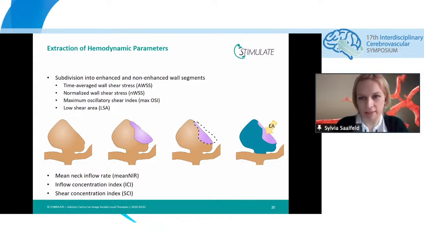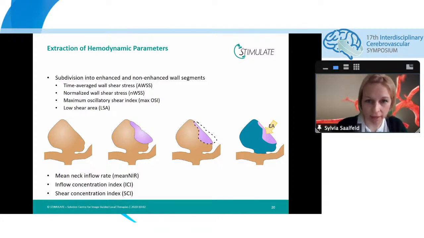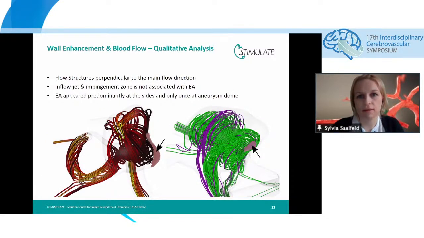We also evaluated some histological biomarkers, but this was not the focus of my presentation, but I will discuss this in more detail later on, because now we have a closer look at the results based on our morphological and hemodynamic parameters. And first, we want to have a view on the qualitative results. Therefore, we used the simulated blood flow,